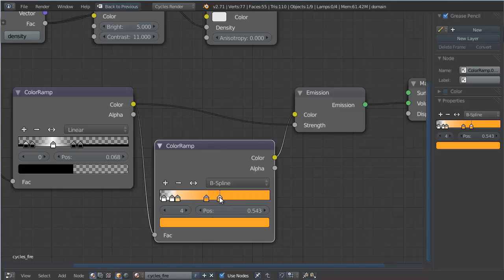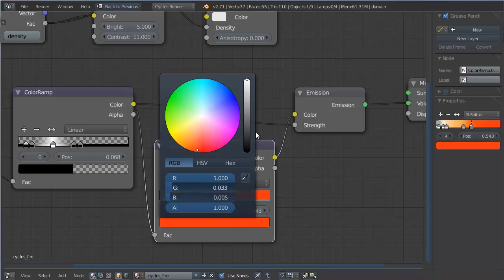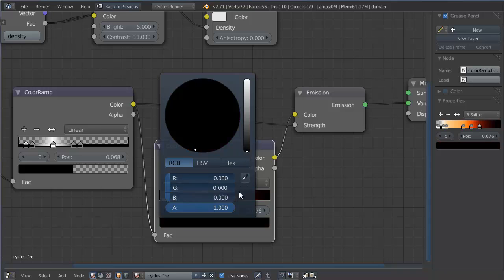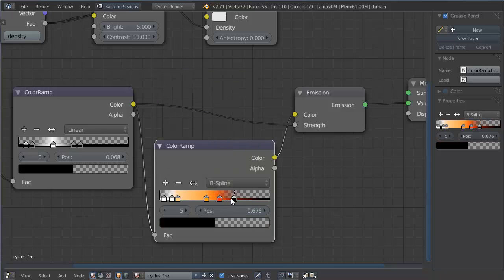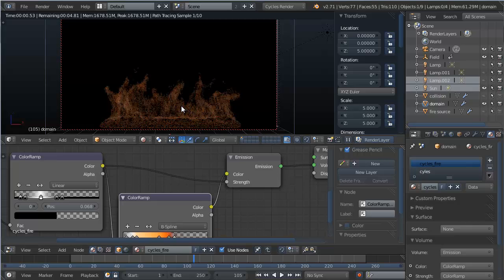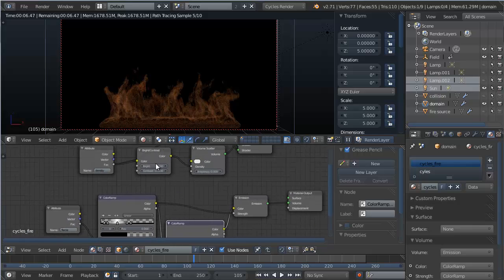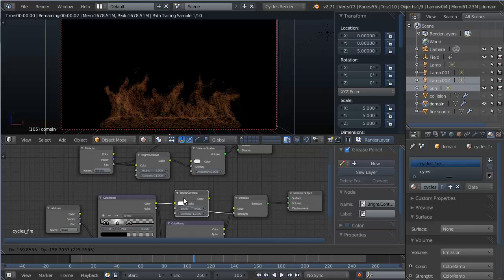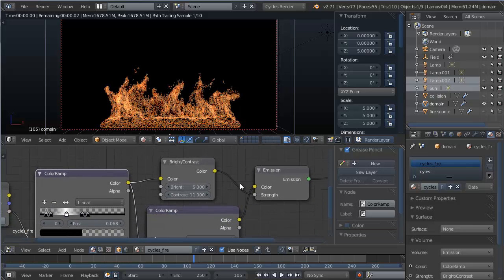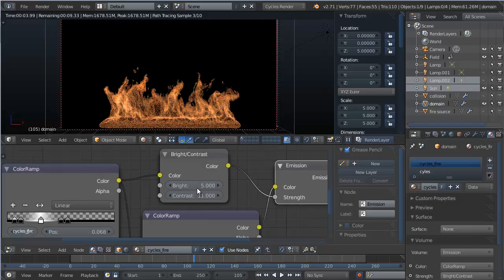And then maybe over here we'll add the red, and then at the back we're gonna have a black color with an alpha of 0. Okay, and we've got a lot of space behind that as well. So this will look kind of disgusting like that, but if we get the brightness contrast node from earlier, if we duplicate that and put it right there in between the first color ramp and the strength of the emission, and if we set the brightness to 10 and the contrast to 20,